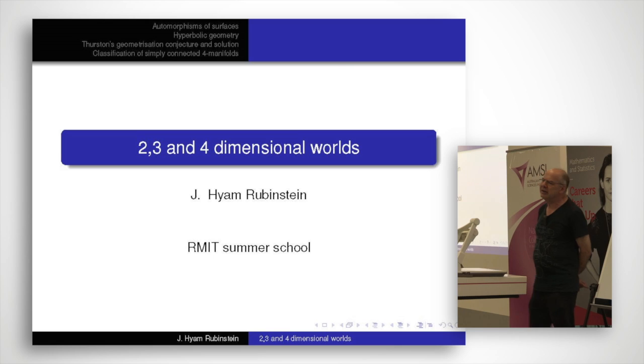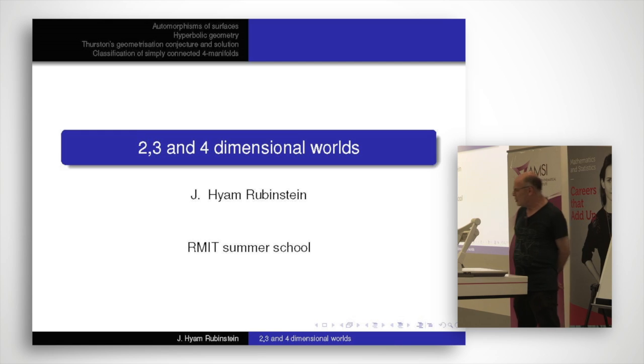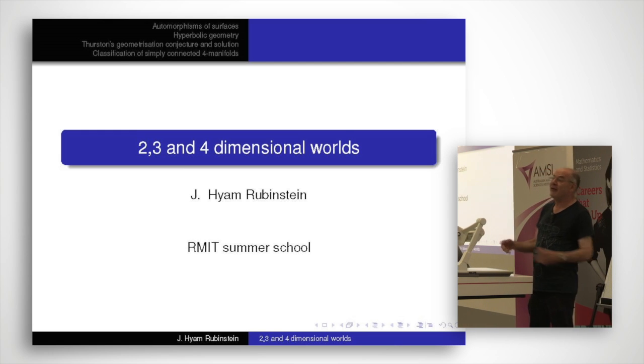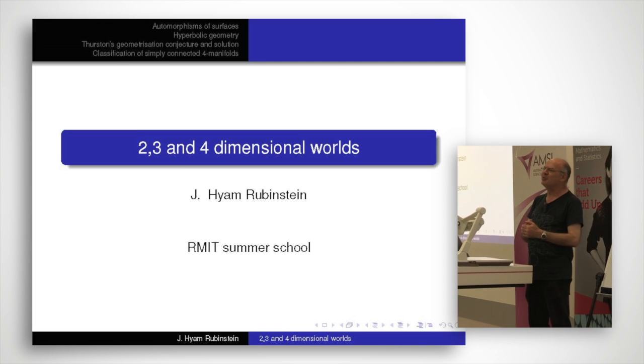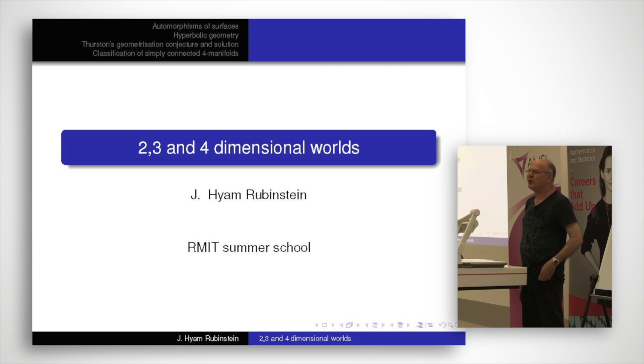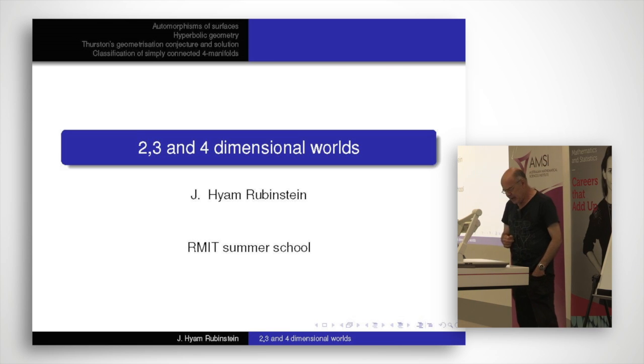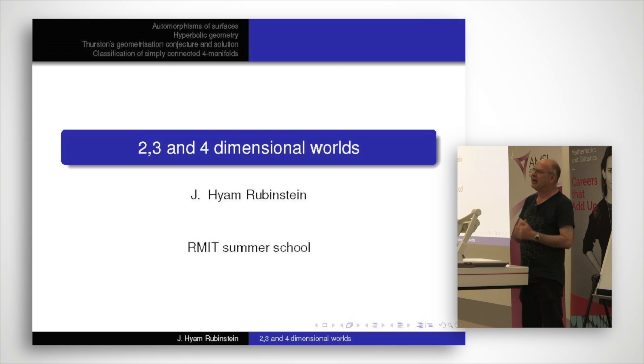So I guess the topic is really the revolutionary developments that have occurred in geometry and topology in recent times in dimensions 2, 3 and 4. These are usually lumped together and called low dimensions, and 5 and higher is thought of as high dimensions. There's a mathematical reason rather than a pictorial reason why we think of things that way. What I'm going to do is give you a whirlwind tour through this and pick out a few highlights.